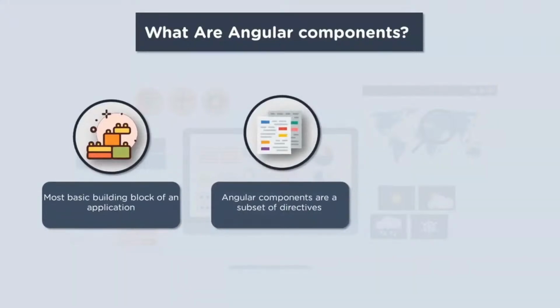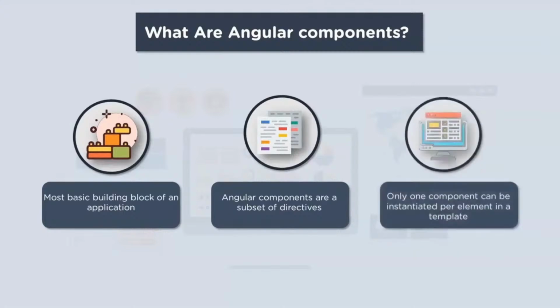Now don't worry about what directives are because we'll cover them later on in the series. But to give you an idea, there are three types of directives. You have the structural directives, the attribute directives, and the component directives. Only one component can be instantiated per element in a template. Now components are typically custom HTML elements, and each of these elements can instantiate only one component. Now don't worry, you'll understand this better when I show you the